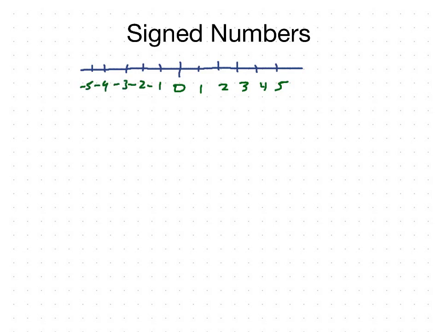So one thing that you have to keep in mind is that a negative number, like for example negative 5, is actually smaller than negative 3. And the smaller symbol is less than. The reason it's smaller is because it's farther, or further I should say, from the 0. Negative 3 is actually closer to 0 than negative 5 is. And that's how you decide which number is bigger or smaller. So keep in mind that it's backwards. The bigger the number, if it's negative, the smaller it actually is, because it's not as close to the 0